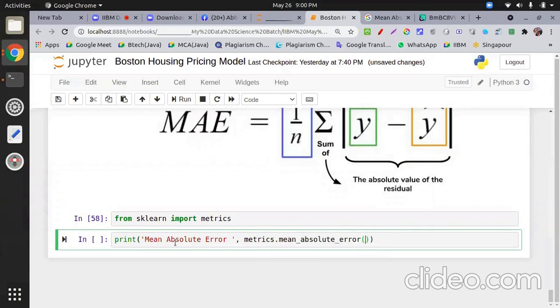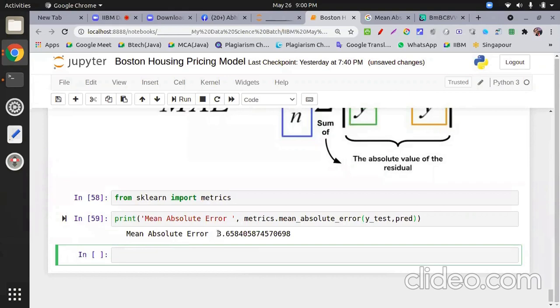And what I pass over here: the actual value, that is my y_test, and the predicted value, that is my pred. When you get a very low mean, it means you have a very good model.